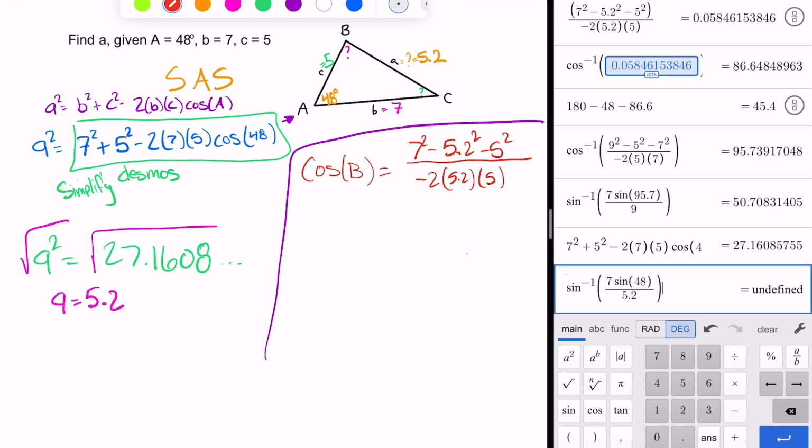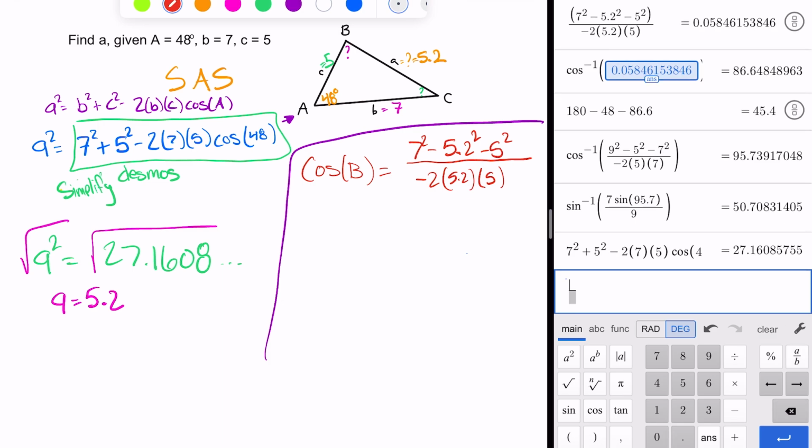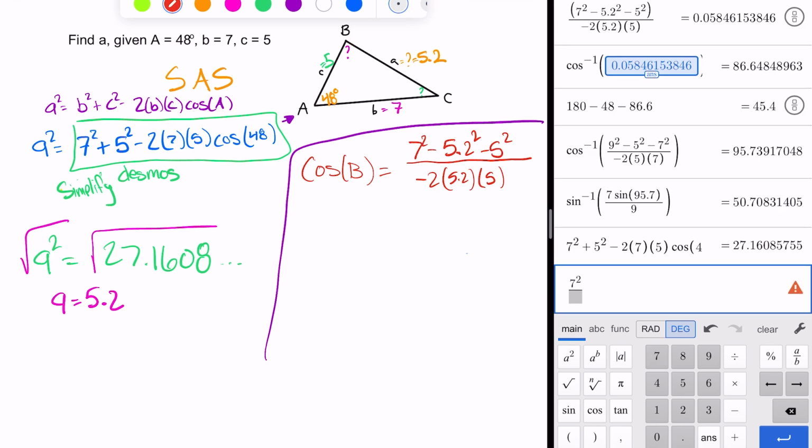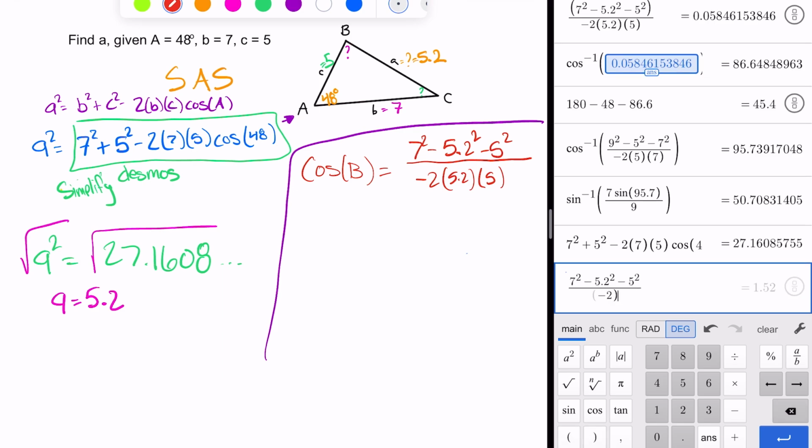And let me get rid of a few things here. Let's clear that out. I've got a fraction: 7 squared minus 5.2 squared minus 5 squared all over negative 2, and then 5.2 over 5. And that gives me cosine of B, and it gives me this ratio. It gives me this really small number,